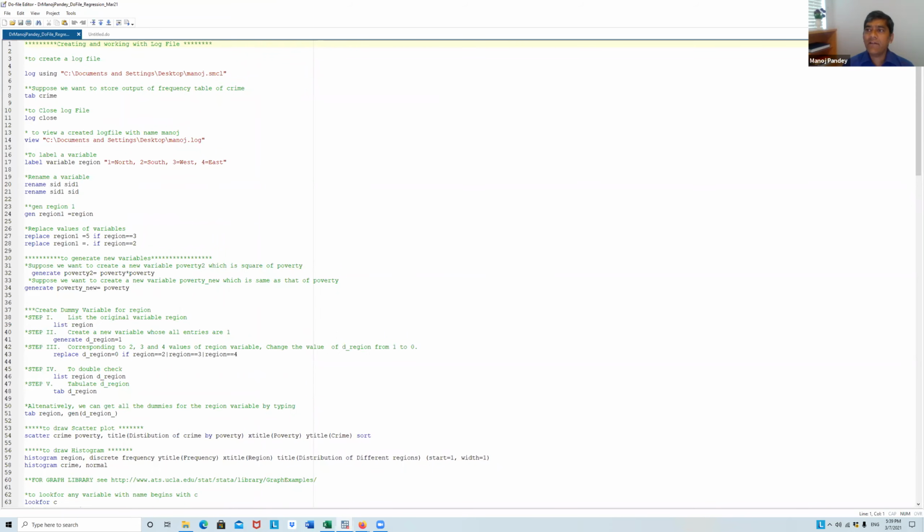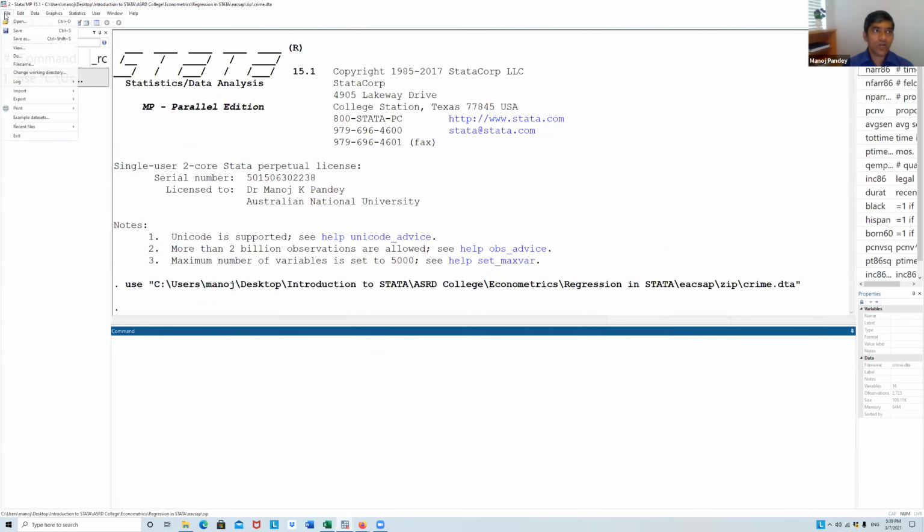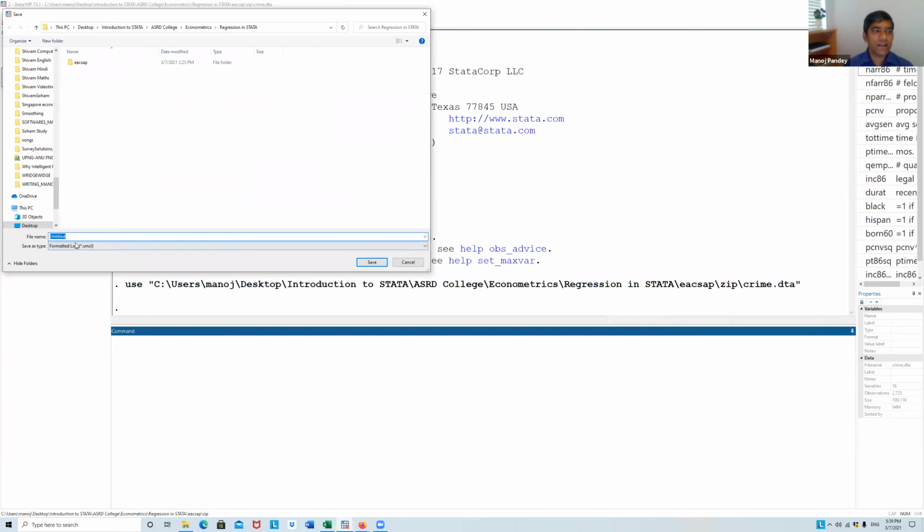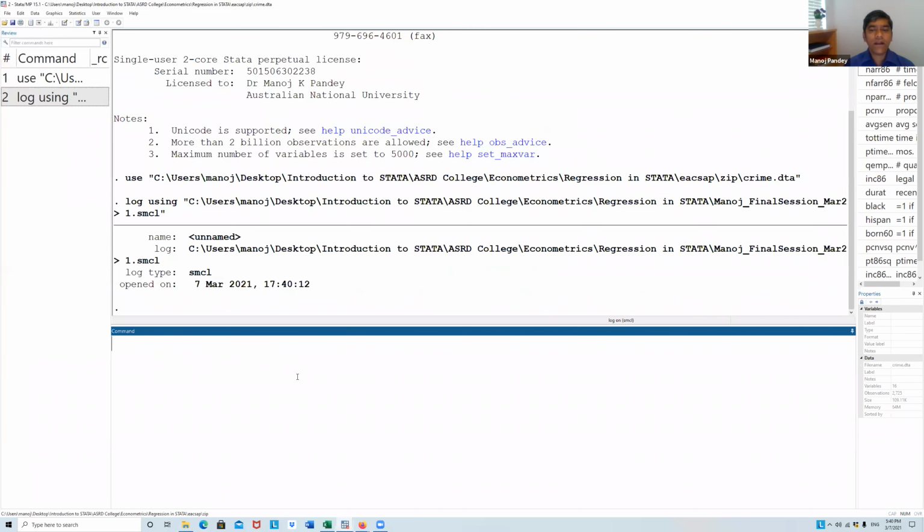So first thing I will do is, it is always a good practice to start with a log file. So I'm going to start a log file here. Manoj's final session, right? 21. Okay, so whatever I will do now, it will be saved in this log file.